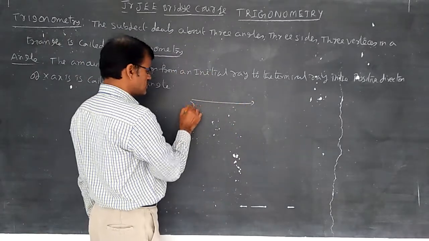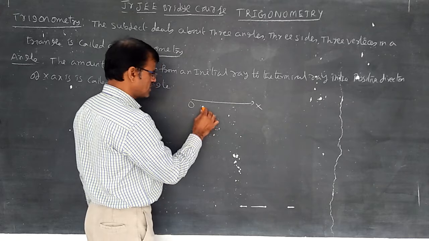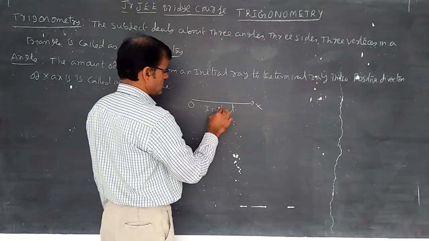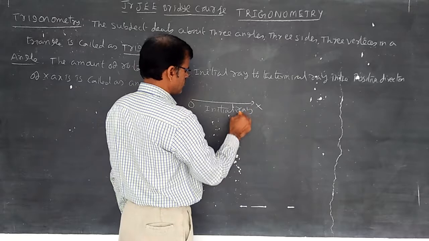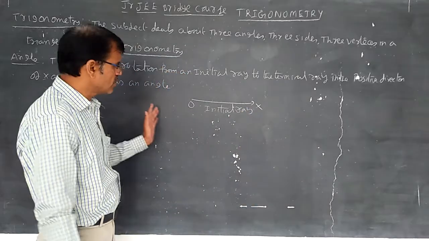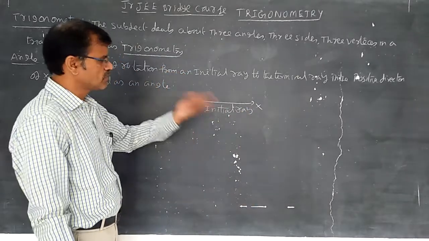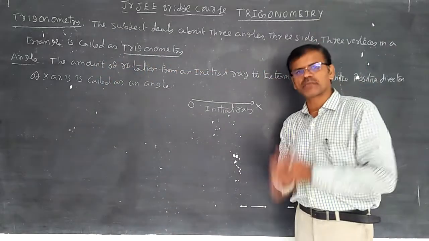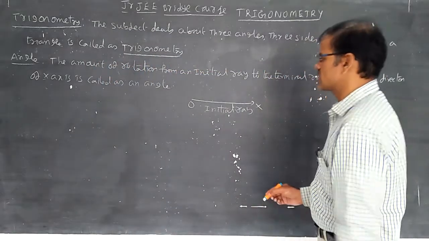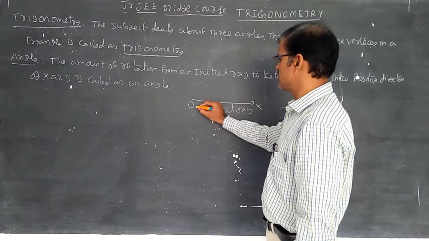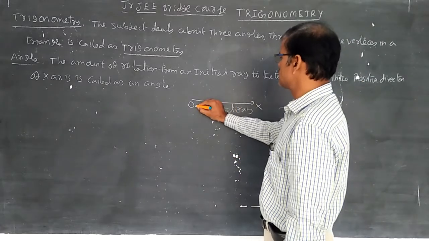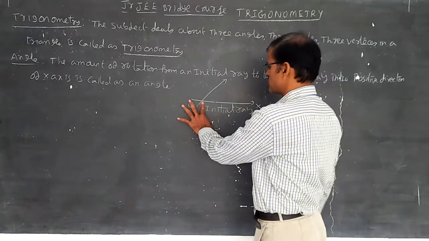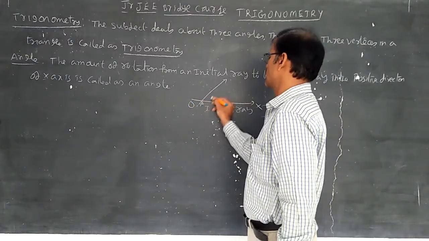Let us draw like this. This is the origin, OX. This is called the initial ray. There is no question of OX only; of course, it can be put AX or BX or anything, with the direction of the positive axis. This is the initial ray. This is the terminal ray. This is any point, put here A and put here B.